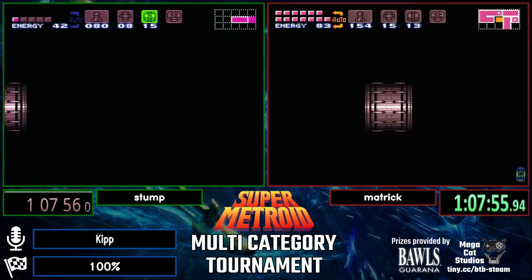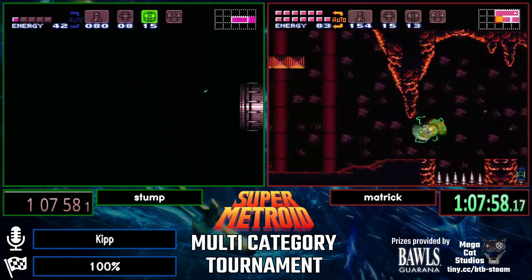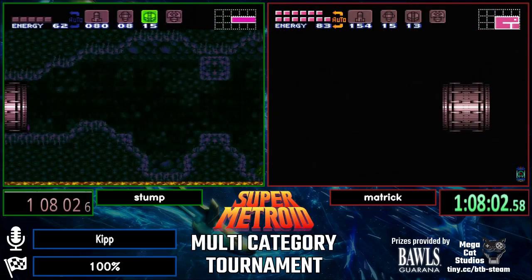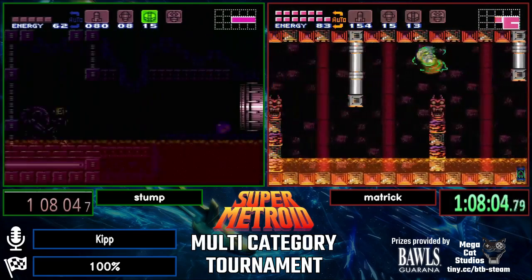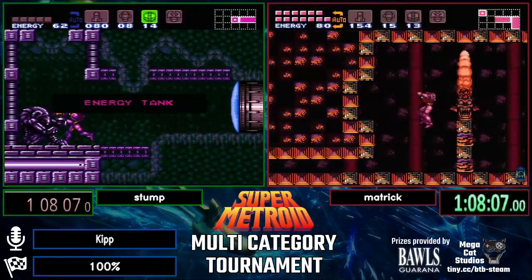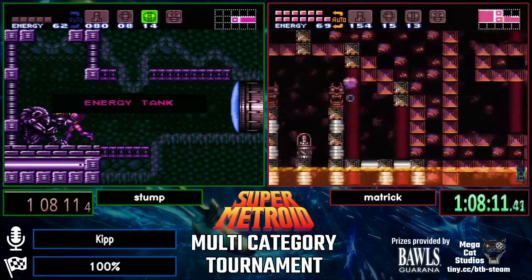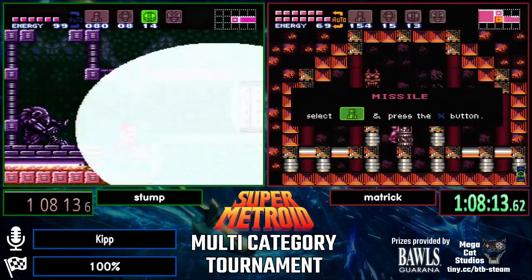All right, Stump managed to get his wraparound shot. I'll spare you the explanation for how that works, the repeated explanation. Matrick is going to grab his final Lower Norfair item here,